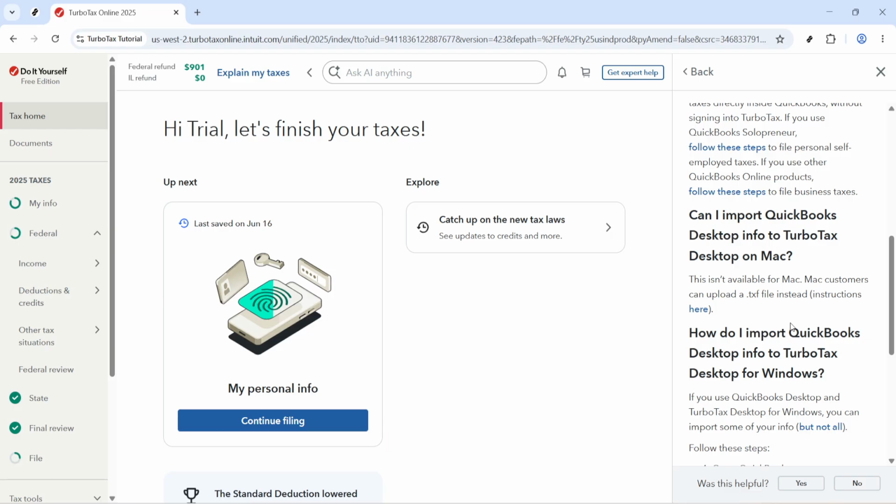A good tip here is to make sure your QuickBooks information is up to date before you begin the import. That can help reduce issues and make the transfer smoother. It's also a smart idea to review the imported data afterward inside TurboTax, just to confirm everything appears where you